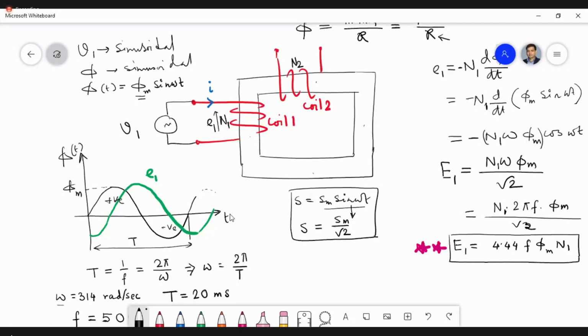So that means it is of no use. If you want to give some measure of a sinusoidal quantity, and you refer to the average value, it doesn't mean anything. So that means you have to go for a different value.